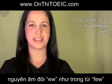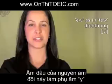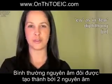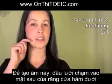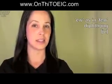The U as in few diphthong. The first sound of this diphthong is the Y consonant. Diphthongs are normally made up of two vowel sounds, but in this diphthong, the Y consonant is acting as a vowel. To make this sound, the front part of the tongue will push behind the bottom front teeth, y, while